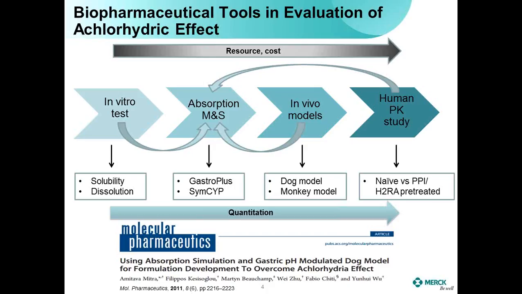To avoid variability and generally low gastric acid output in the fasted state compared to humans, we use pretreatment with pentagastrin to mimic the normal fasted state in humans, and pretreatment with an H2 blocker, most typically famotidine, to mimic the achlorhydria state. The absorption modeling work on the evaluation of the achlorhydria effect has been implemented throughout the drug